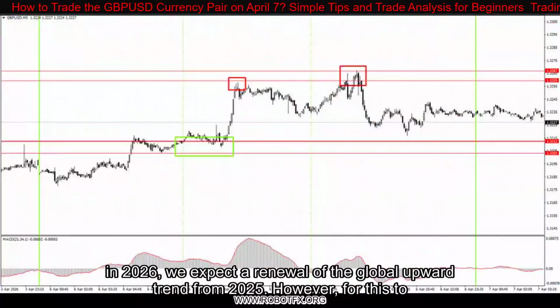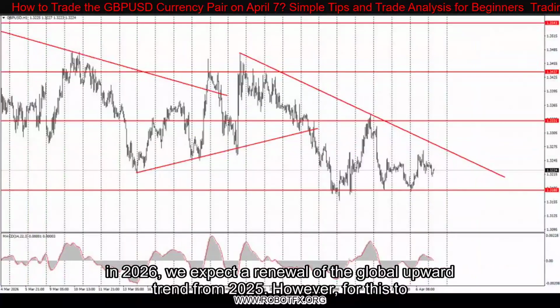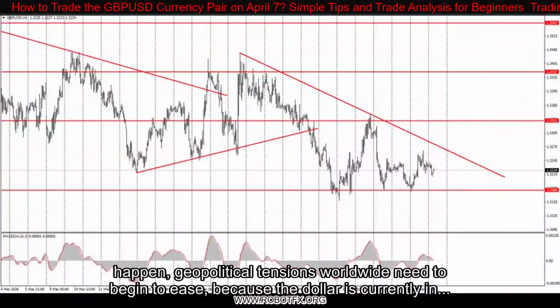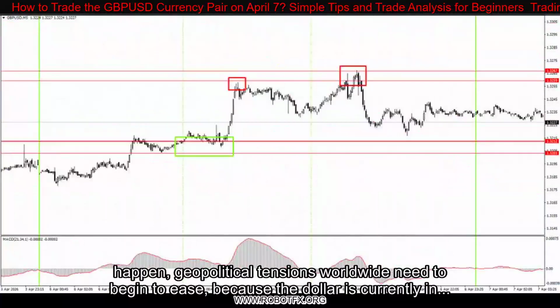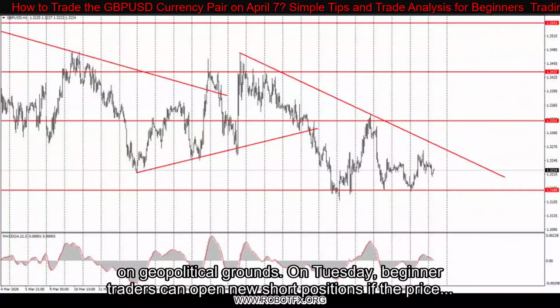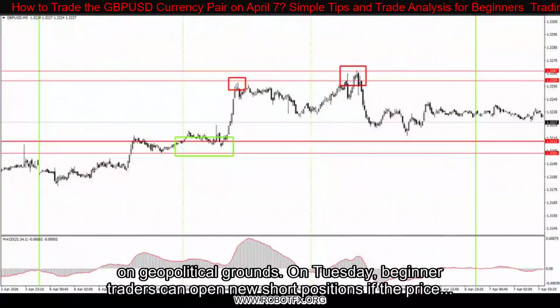How to trade on Tuesday? On the hourly time frame, another downward trend is forming for the GBPUSD pair. There are no global reasons for a medium-term rise in the dollar, so in 2026, we expect a renewal of the global upward trend from 2025. However, for this to happen, geopolitical tensions worldwide need to begin to ease because the dollar is currently in demand